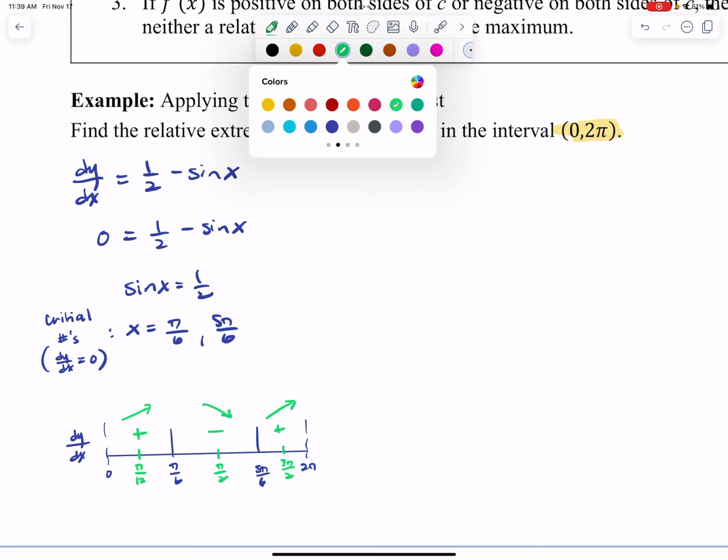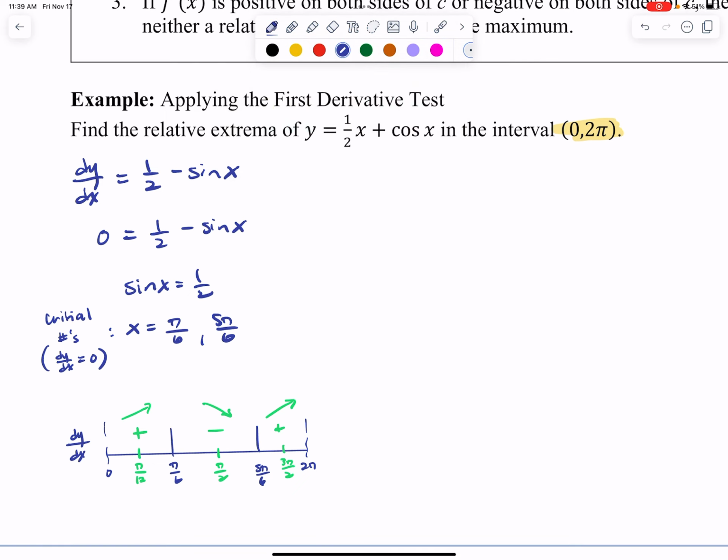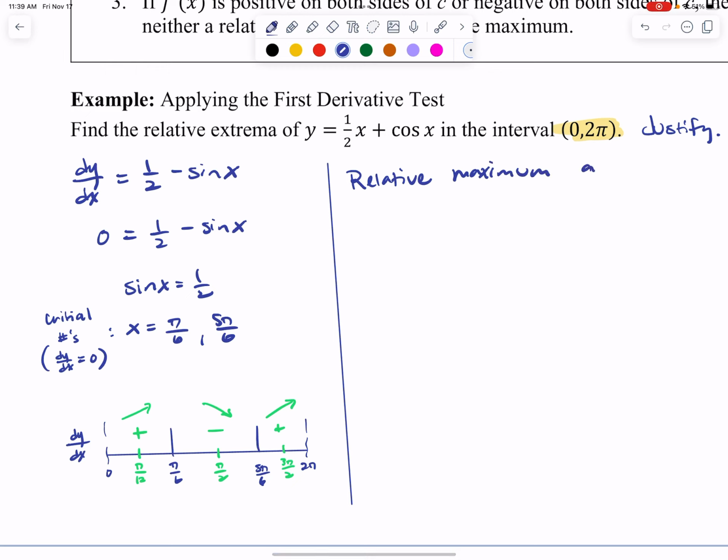So we could answer questions about increasing and decreasing, but the question is actually asking us to find relative extrema. And we're going to justify as well for good practice, okay? So we have to interpret the analysis line because that's not graded. That's not justification. So we can say, looking at pi over 6, the graph changes from increasing to decreasing. I like to draw those arrows because I can see that a relative maximum occurs at that critical number. So I would say this function has a relative maximum at x equals pi over 6